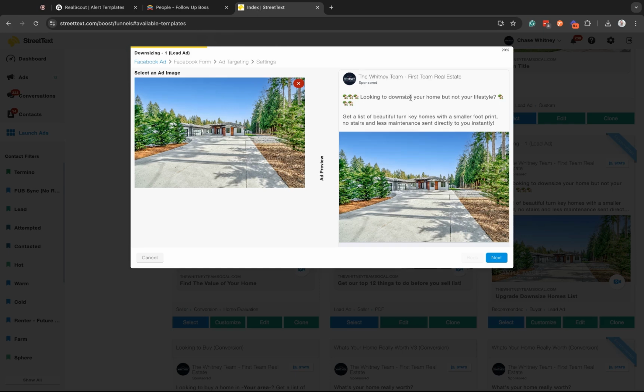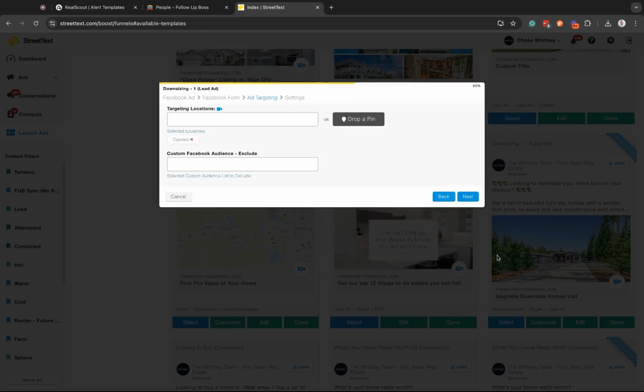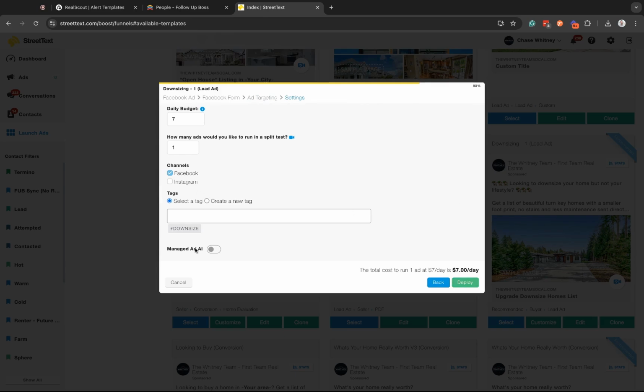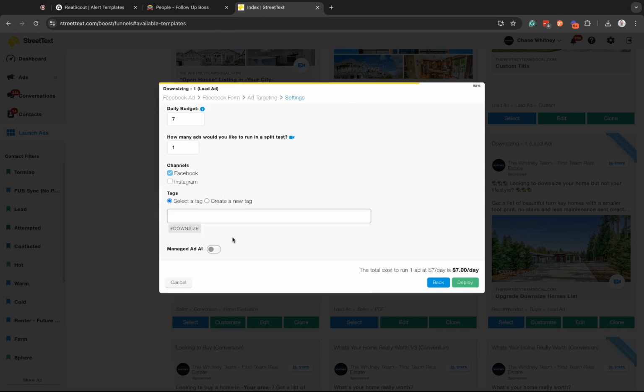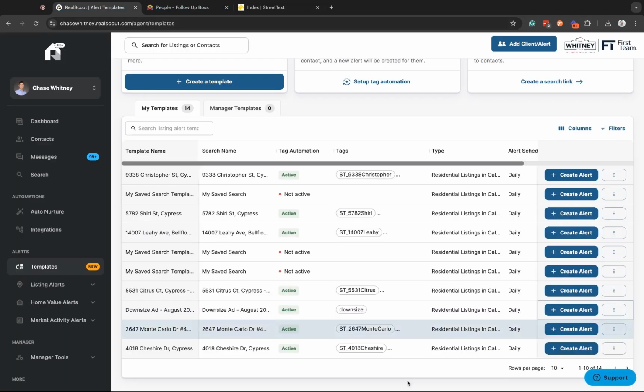So then what you're going to do is head over to StreetText. If I was building, let's say, a downsize ad really quick, I'm going to cruise over here all the way to the end. And as long as this tag downsize is added, and you could select any tags that you have, or create another tag, the moment that you add this tag in and hit deploy, and a lead is generated from this downsize ad and they show up in Follow Up Boss, they're automatically going to be added to this